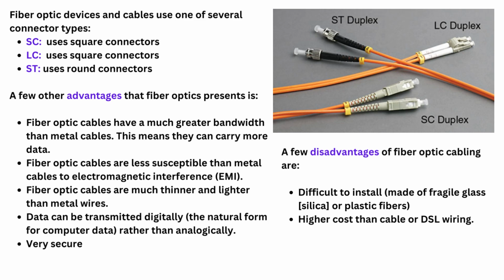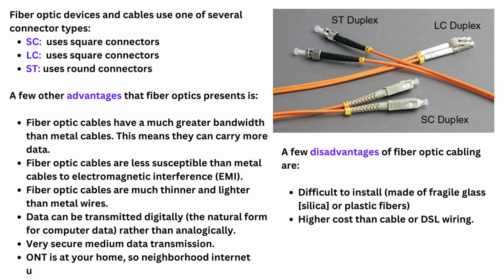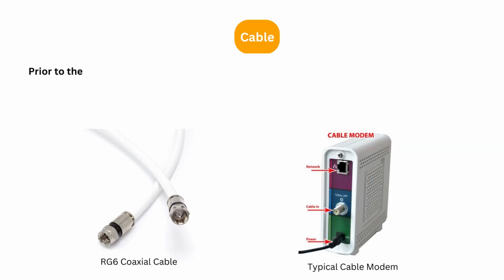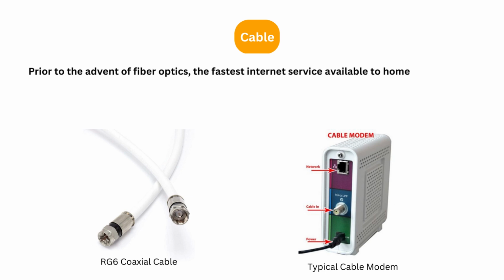A few disadvantages of fiber optic cabling are: difficult to install, made of fragile glass, silica, or plastic fibers, and higher cost than cable or DSL wiring. Cable. Prior to the advent of fiber optics, the fastest internet service available to home and business customers was cable